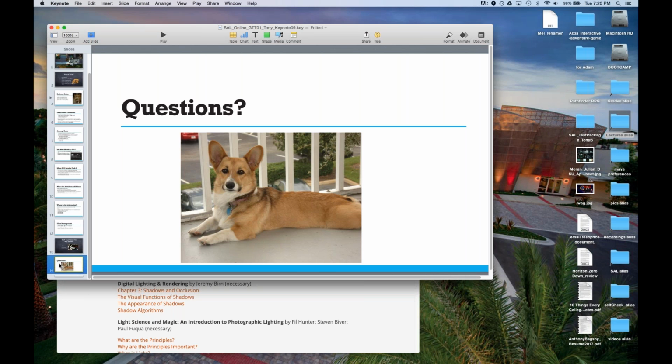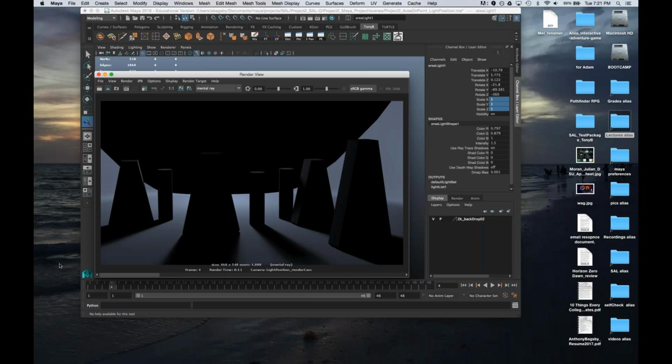So if shadows are too harsh in our area light scene, we can scale it up to lessen their intensity. Scaling the area light up makes it softer. Scaling it down will make the shadows harder. Softer is kind of like that smooth gradient. Harder is like a more hard line. Okay. And yes, scaling with the area light does that. With the directional light, it is light direction.